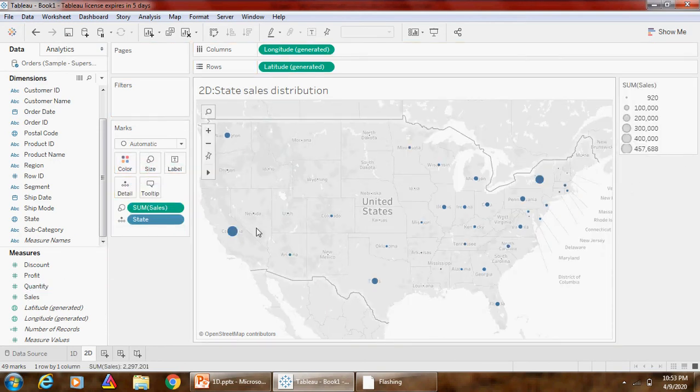So now our map shows the amount of sales using the size of the dot. Here if you see, smaller size of dot indicates smaller value of sales and bigger size of dot represents larger value of sales. So from this map you can easily